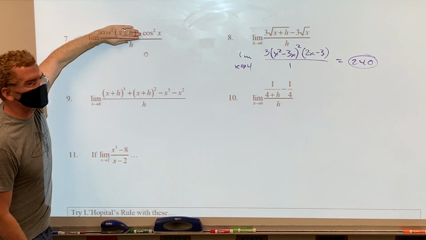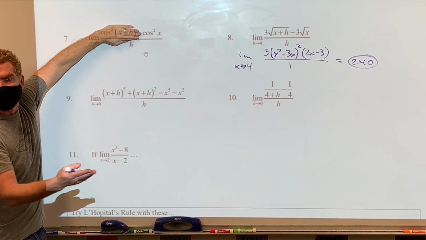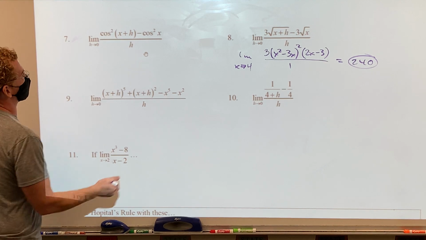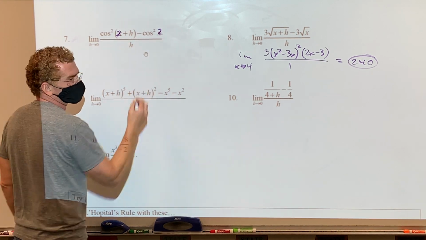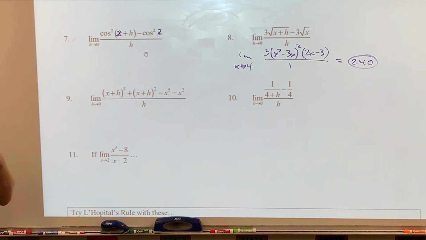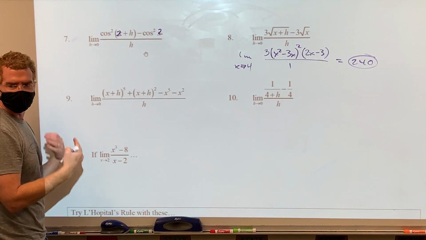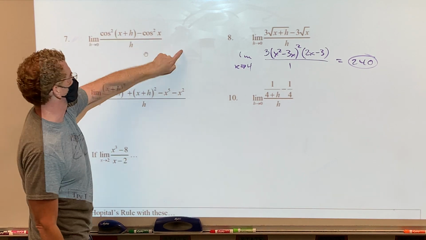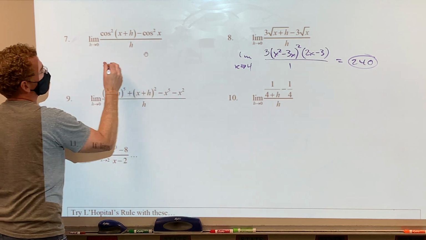So what does that make cosine squared x? 0. When you take the derivative of it, it makes it 0. That's why L'Hopital's is a little trickier on these. So literally, sometimes it's even helpful to go, you know what, I'm gonna put a 2 in there, or something like that, to really maybe, just for mental sake. I wouldn't write it in there, but sometimes thinking about it like it's a number might help you when it comes to taking the derivative. So here we go. I plug a 0 in, I get 0 over 0. So what do we do? Derivative of the top, which is